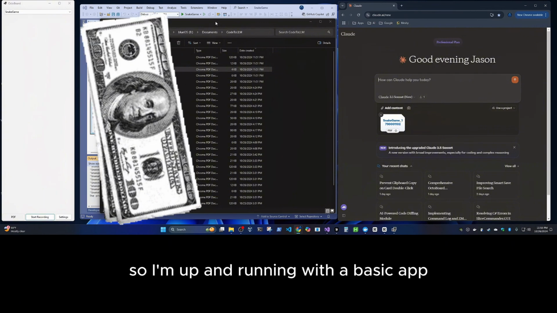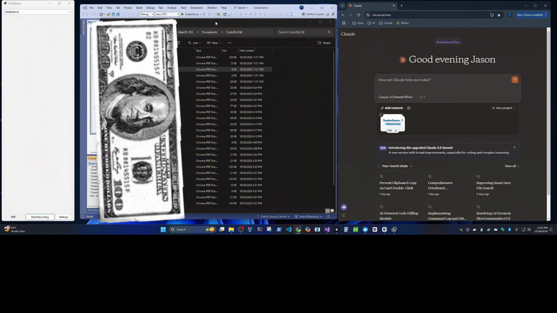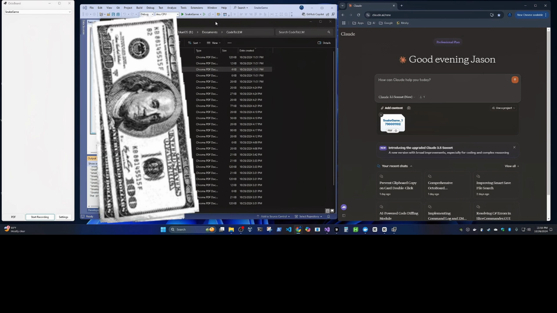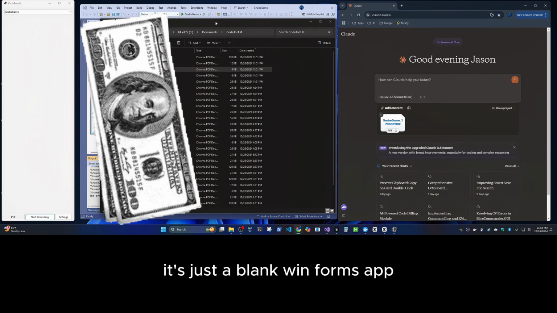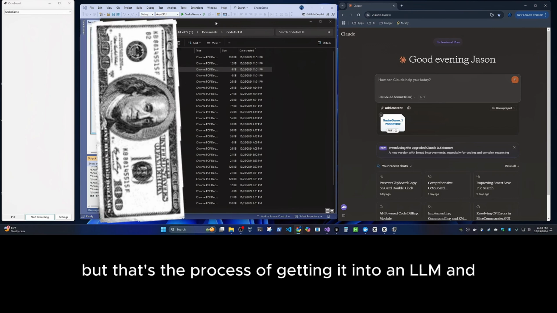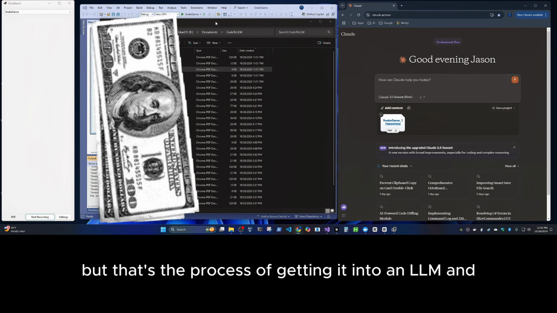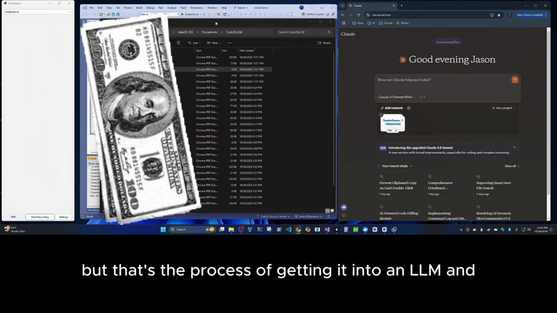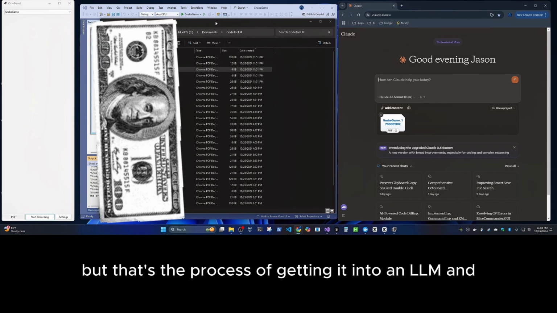So I'm up and running with a basic app. It's just a blank Winforms app, but that's the process of getting it into an LLM.